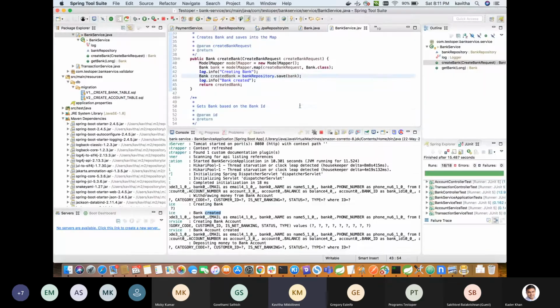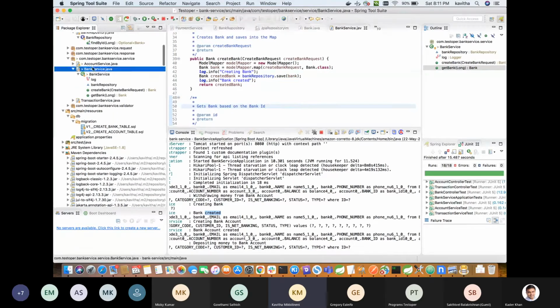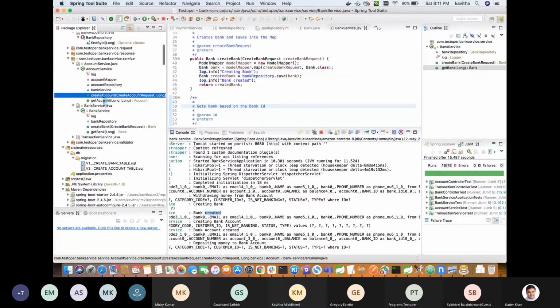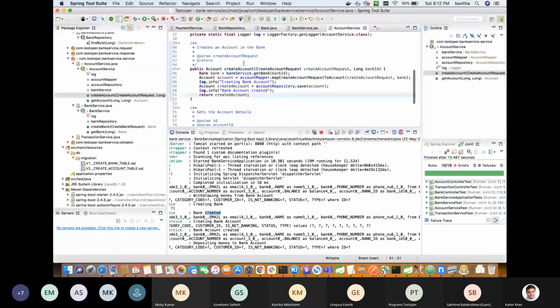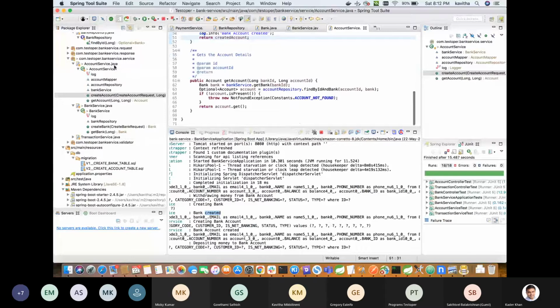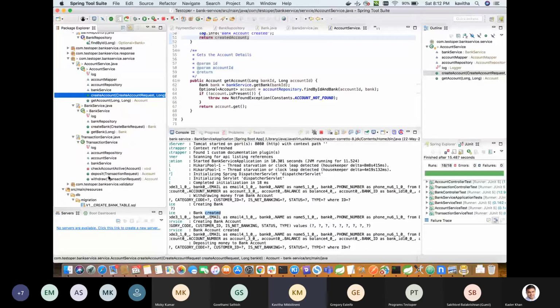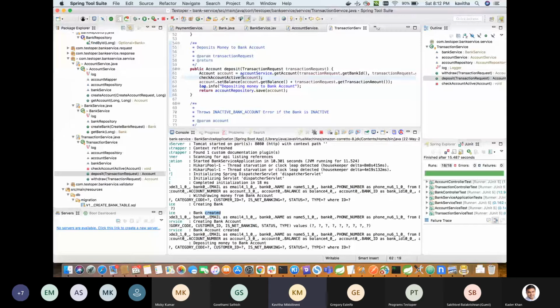So it was an update to the table, using this account service. So using the transaction service, we have done a deposit.